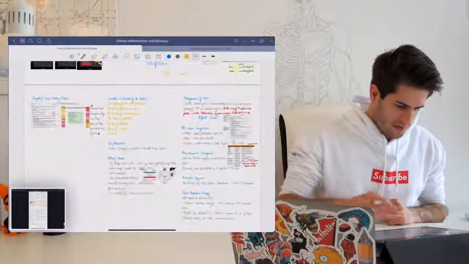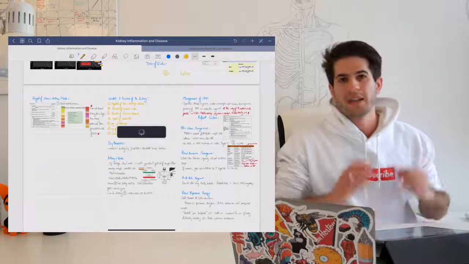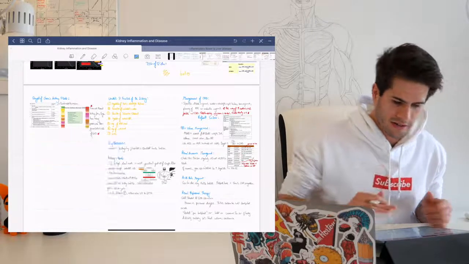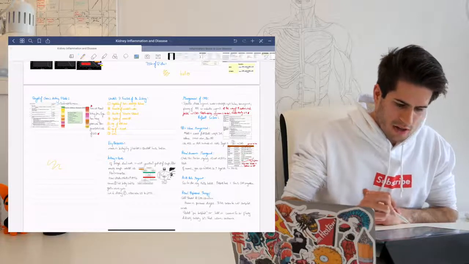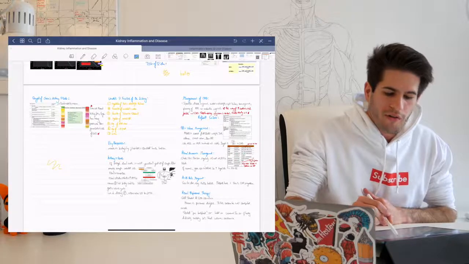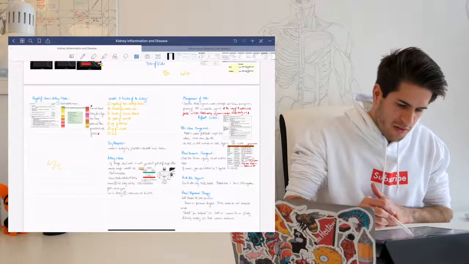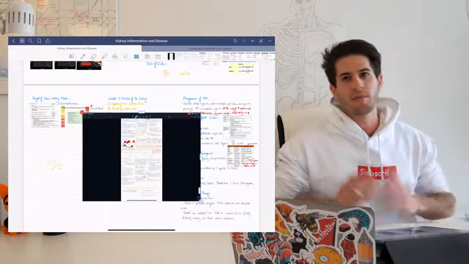Where is it? Perfect. So now, of course, I can drag and drop like this, but sometimes that little thing in the corner disappears after a little bit of time and I don't quite get there, so let's just delete it for now. Say I was writing. I want to import a picture, so you go up to this image tab over here, and already right here in the top right corner, you can see all of my most recent images. And so it's very easy for me to quickly identify this one over here as the screenshot that I just took. I tap it once and it's already imported into my